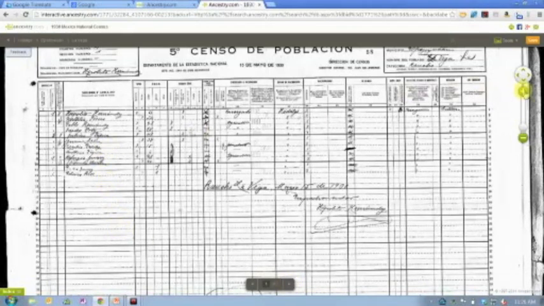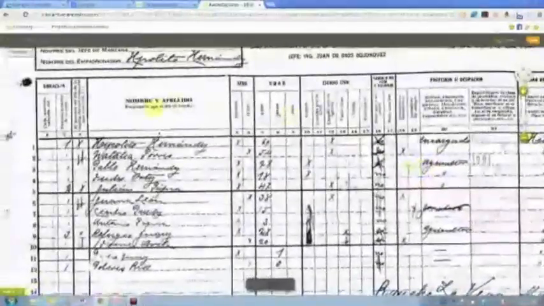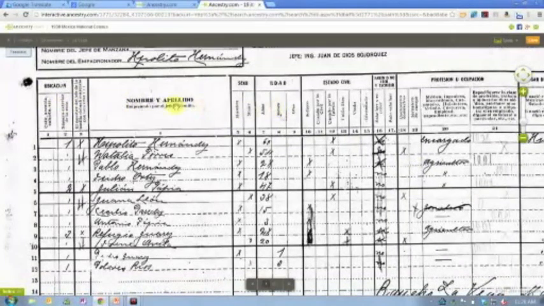Now, one of the things, again, that you may notice is that this is in Spanish. And so the headings on this collection are all in Spanish. So again, what I might do here, if I didn't know the language or wasn't as familiar with it, I might just come in and type some of these words or phrases into Google Translate so that I knew what each of these fields meant. In this case, there's some information about the household, the name of the person, the gender. Over here, there's information about their marital status, and it looks like they've got quite a few categories for that. Information about professions and occupations, just lots of really good information.